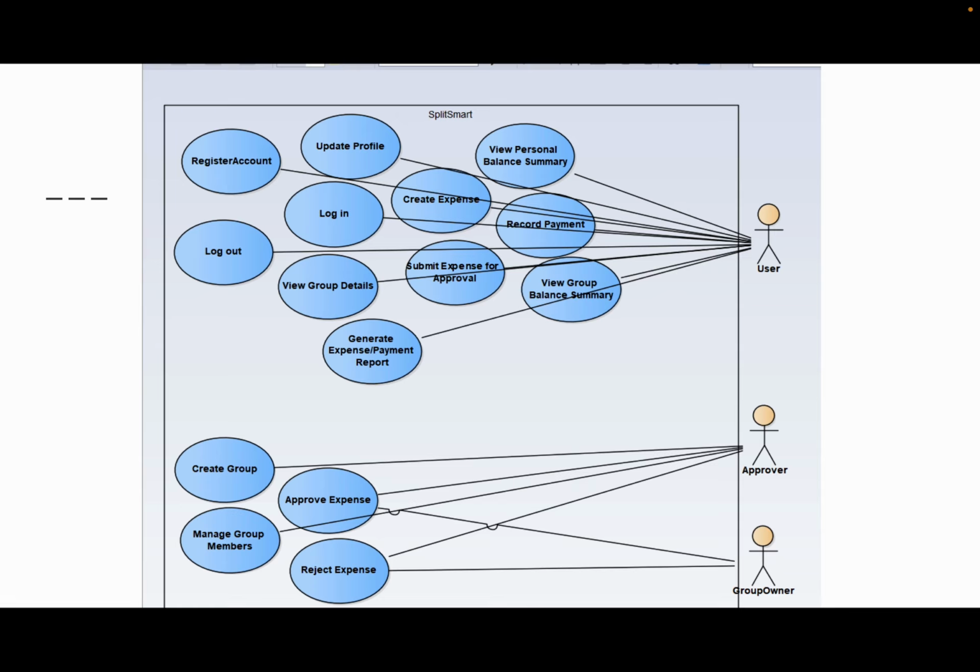So for example, we can see that the user is able to view personal balance summaries, they're able to log in, log out, and view group details, whereas the approver can reject expenses and approve expenses. Meanwhile, the group owner is also given the liberty to do so. So this is quite interesting, and just having the diagram in front of us really allows us to understand the role of every actor and how much involvement they have. Moving forward,